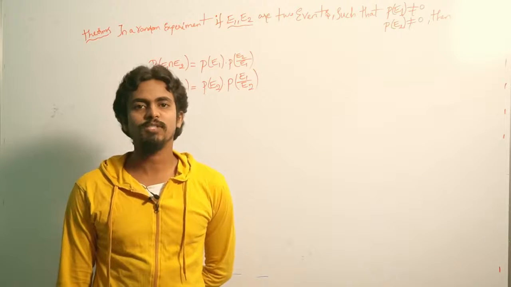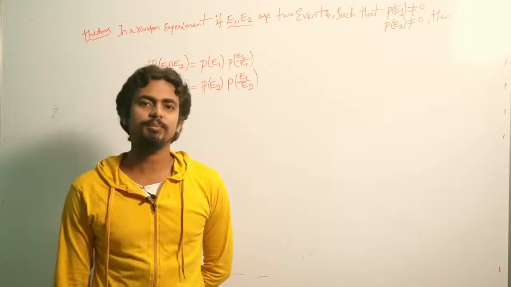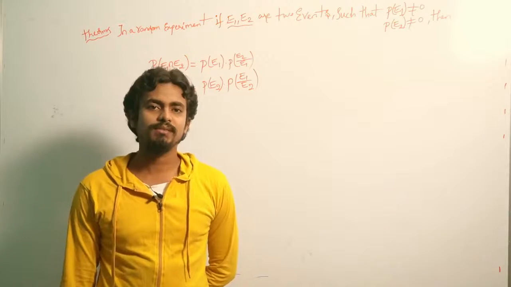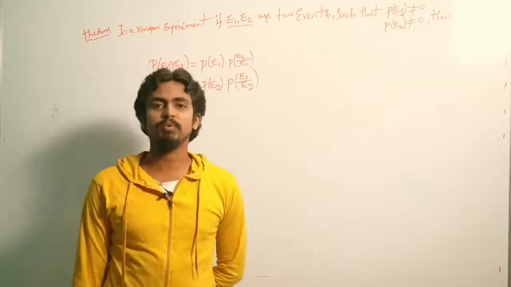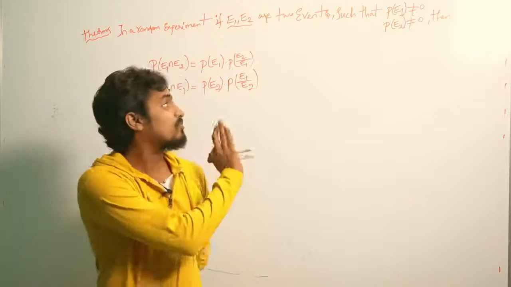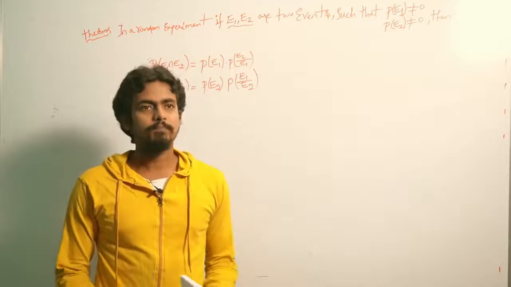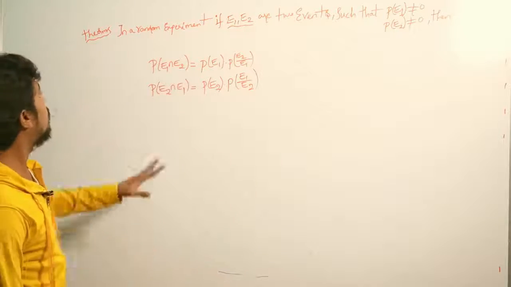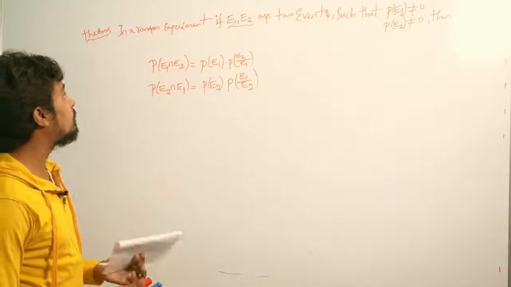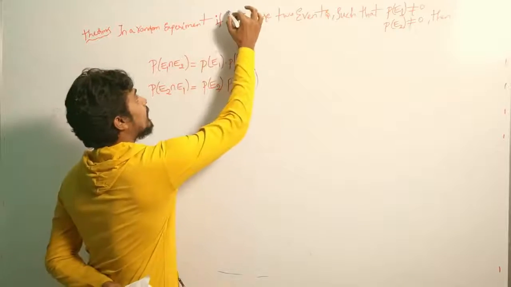Yesterday we saw the concept of conditional probability and some formulas for conditional probability. Now let's try to solve some theorems based on conditional probability. These theorems will be based on independent events. Okay, first theorem: in a random experiment you are given two events, event 1 and